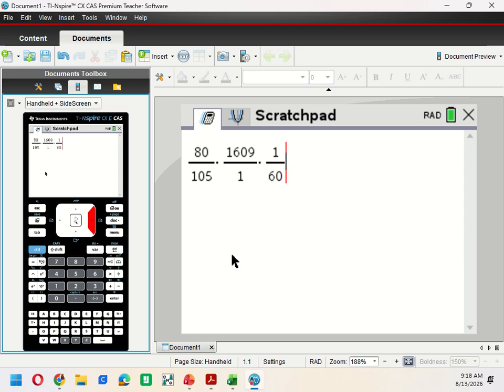And now you're going to hit math. And this one right here, the little caret, says fraction. That's going to change it to a fraction. And it'll convert it. So hit enter on there. And then it's going to add it to whatever the answer is, so 6436 over 315. And then you hit enter, and once you hit enter, you get an answer of